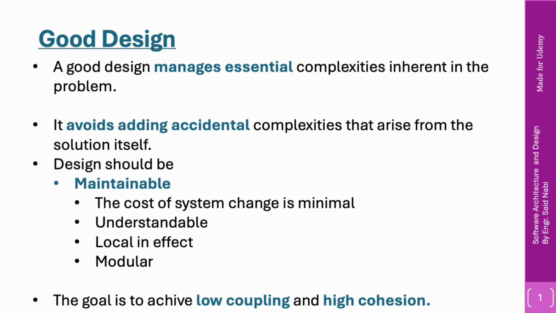The goal is to achieve low coupling and high cohesion. So modules are self-contained and interact minimally. If we take an example of Uber, where driver matching logic is separate from payment processing, which makes the system robust and scalable. So a great design controls the real complexity and keeps the system simple, easy to change, and safe to evolve, turning chaos into a masterpiece.